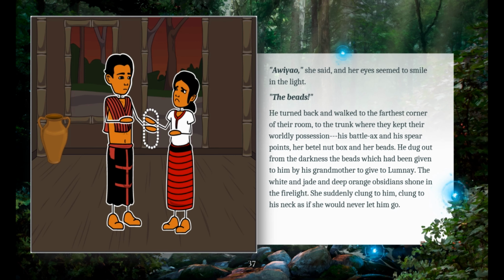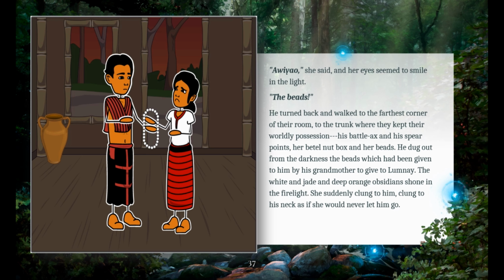"Awiyaw," she said, and her eyes seemed to smile in delight. "The beads!" He turned back and walked to the farthest corner of the room, to the trunk where they kept their worldly possessions, his battle axe and his spear points, her betel nut box and her beads. He dug out from the darkness the beads which had been given to him by his grandmother to give to Lumnai.